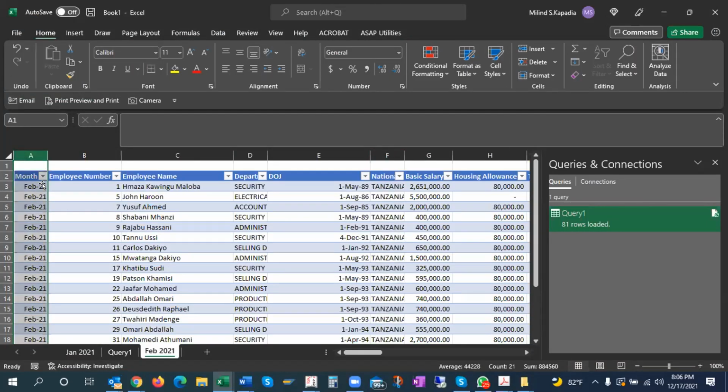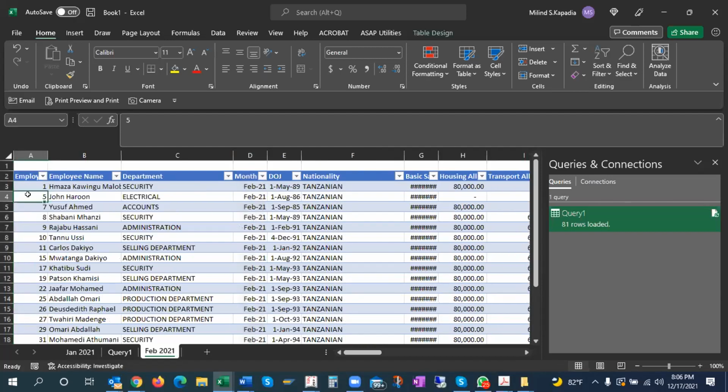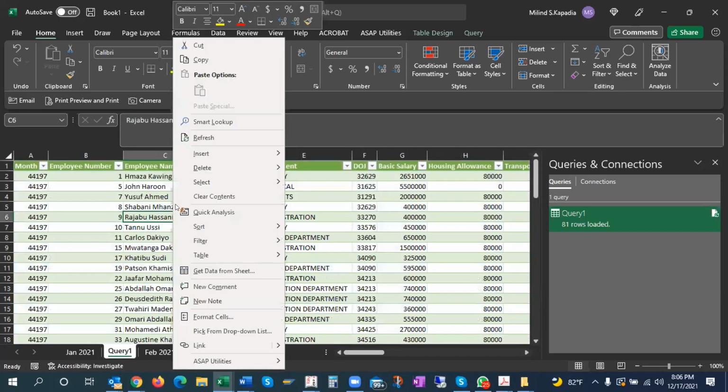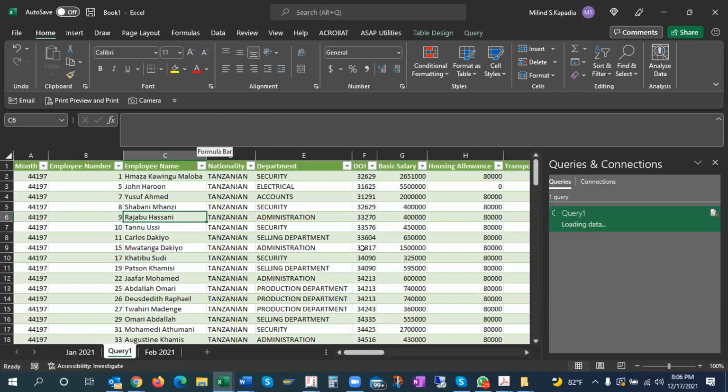Suppose I'm taking this to say here. Now employee number is first and month is second. I mean, in D, but still, when I refresh, it will recognize the headers and not the sequence of that query.